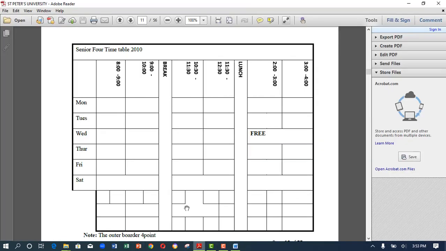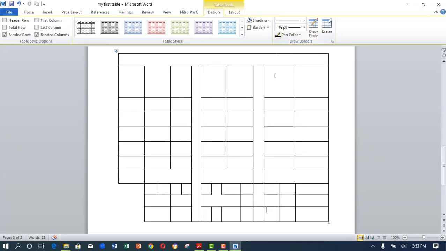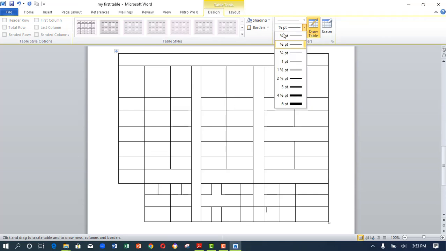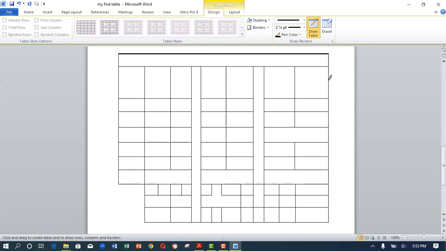So let's check our table and see we have some fake borders around here. What you do, come here, choose this, come on weight, choose a weight that you want, let's say 2¼, come and start applying it manually like that. Apply it manually,